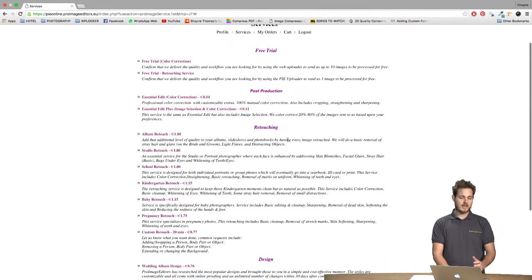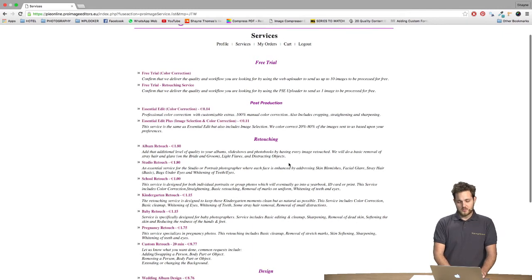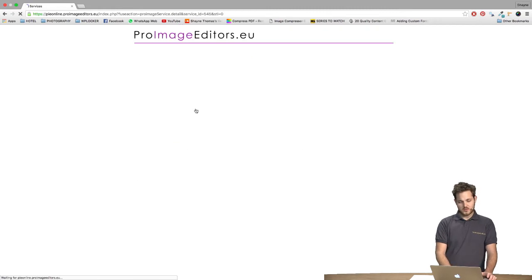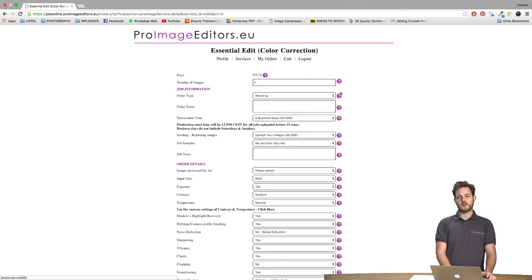Anything else, like the retouching, will involve Photoshop. But for this video, we're just going to focus on the Lightroom part. So, we know that the most common way we use Pro Image Editors for wedding photography is to do the Essential Edit. So, we will simply click this Essential Edit link here, which will take us to our order creating